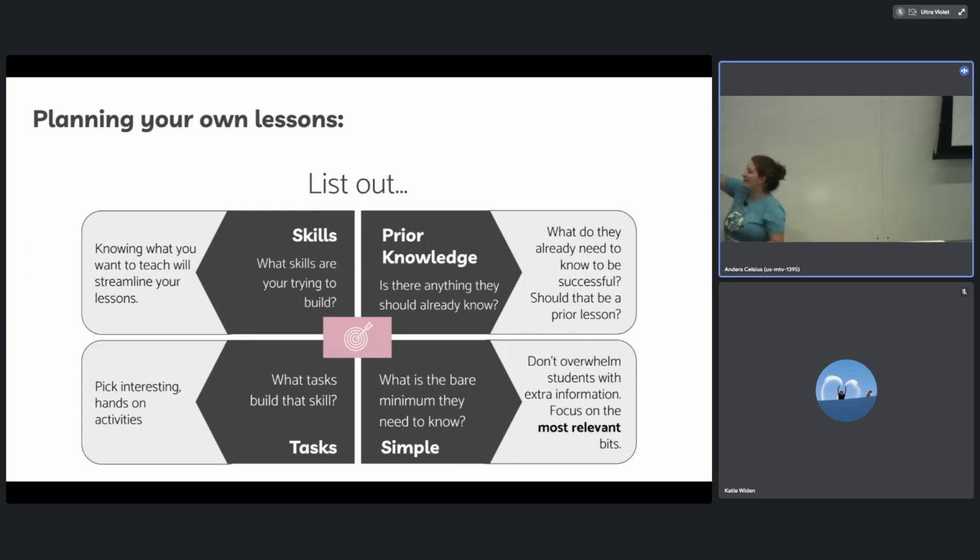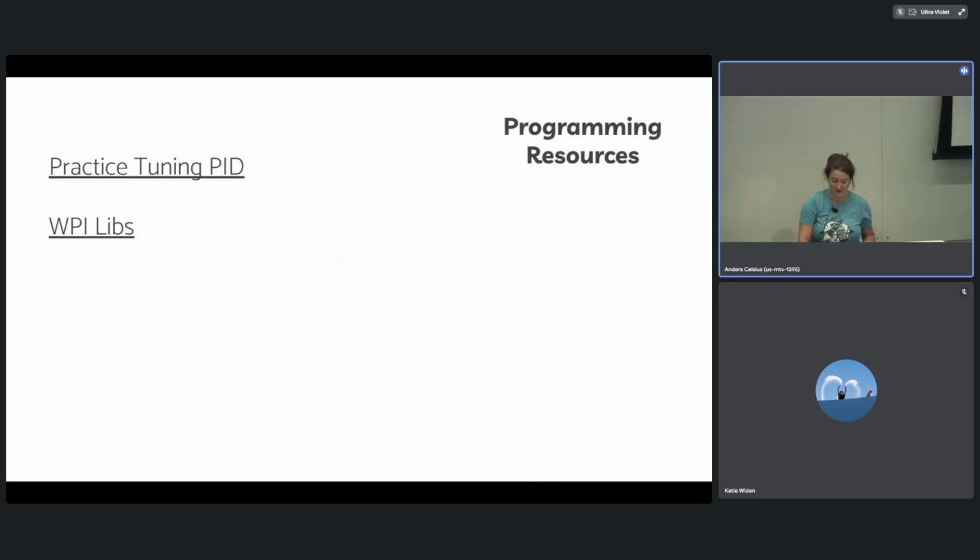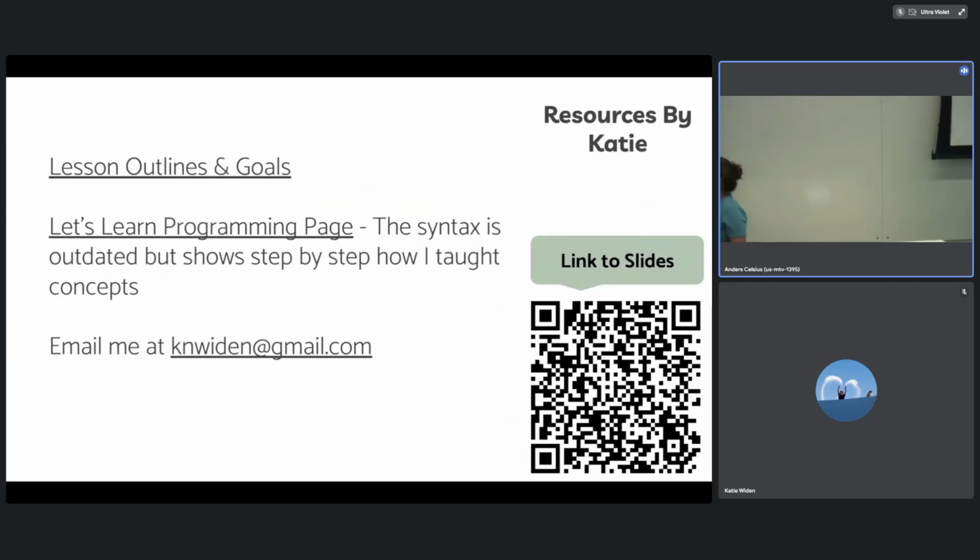Which is why I like having this little plan. I do point to a bunch of resources. I actually wrote tutorials in 2018. They're outdated. They were outdated as soon as I wrote them. But in that, you can see how I did step by step and specifically what I thought was important to know at that time. On this, there are 2 links to the same place. It's like a GitHub page, but I have the actual text lessons as well as outlines of what I cover, so you can modify it to your curriculum.